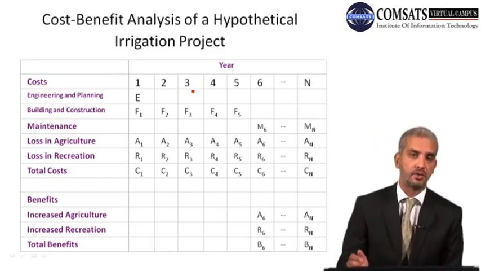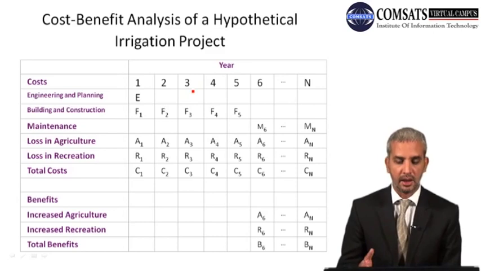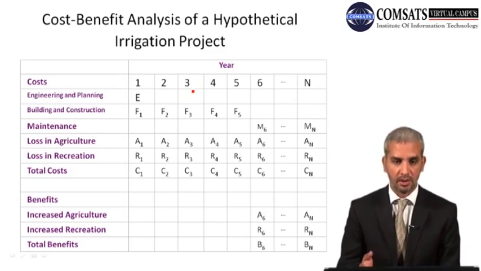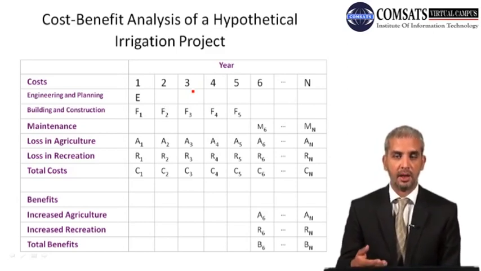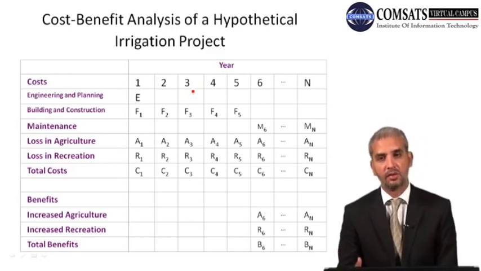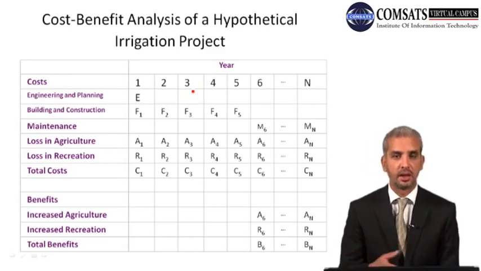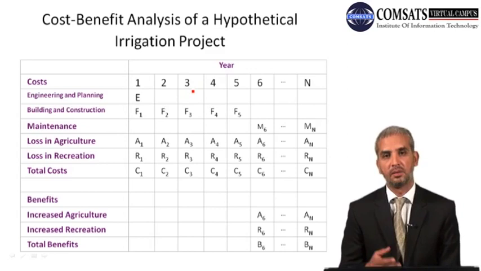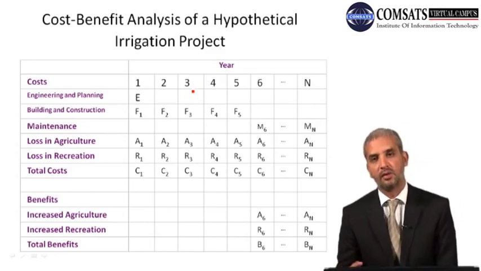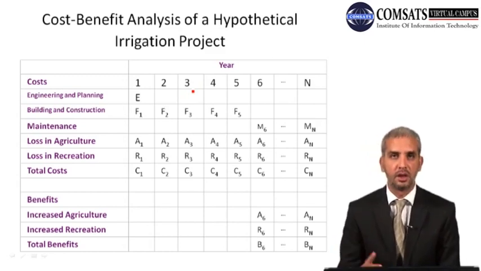Loss in recreation again would start from the first year, because once you procure that land, then that recreation facility is gone. We mentioned that some part of that land might be agri land, which goes into loss in agriculture. Some part of that land might be for recreation, an open wilderness area. So that recreation has a cost of itself again. That starts from year 1, when the land is procured and trees are cut and the construction process starts. So the total cost accruing in each year is represented by C1, C2, C3, and goes up to the life of the project, which is C20 or CN written over here, but we are assuming 20 years.